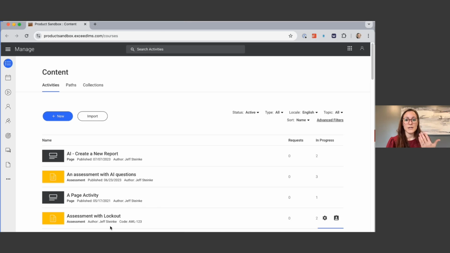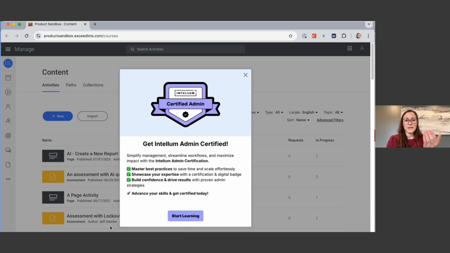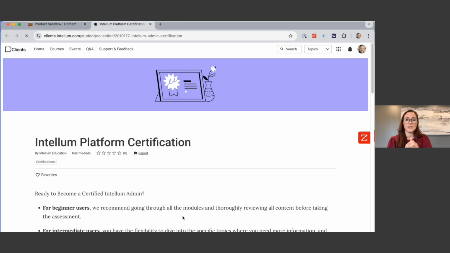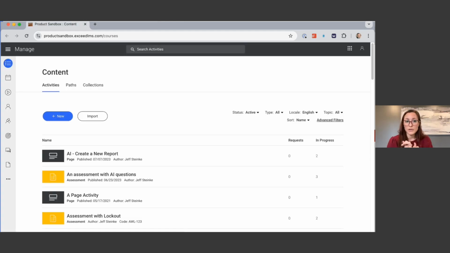So if your company already has something like this, you can build a modal like this. So this is usually just called a modal. It's an overlay modal, and you can tell people about a new certification, a new course, an upcoming webinar. I've used this modal format a number of times, and the great thing about a lot of these tools is that you can tell it exactly who you want to get this.